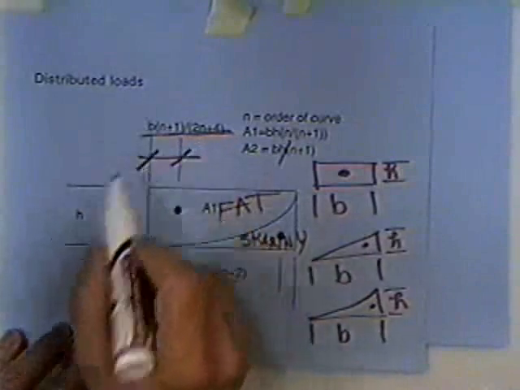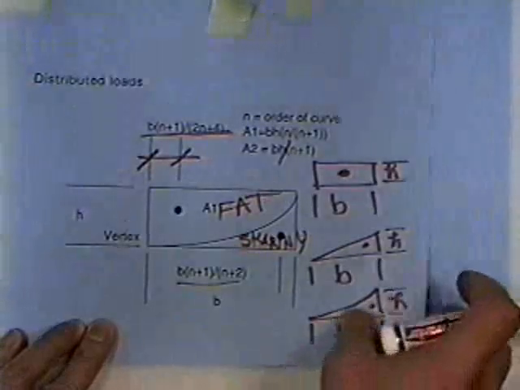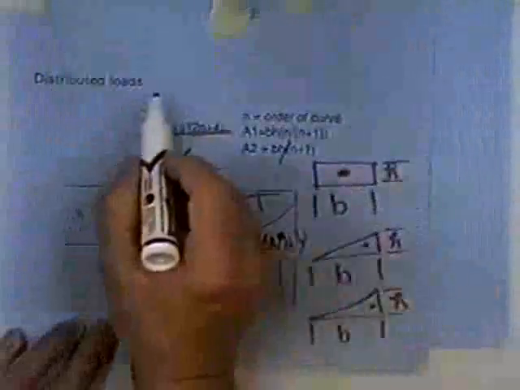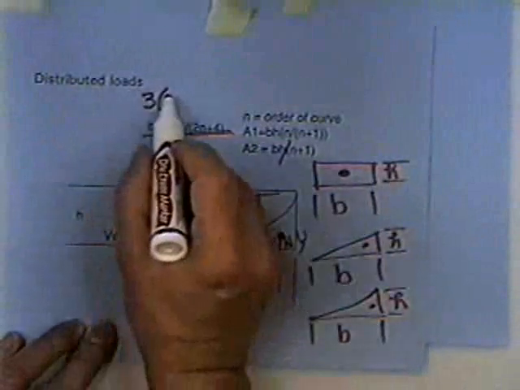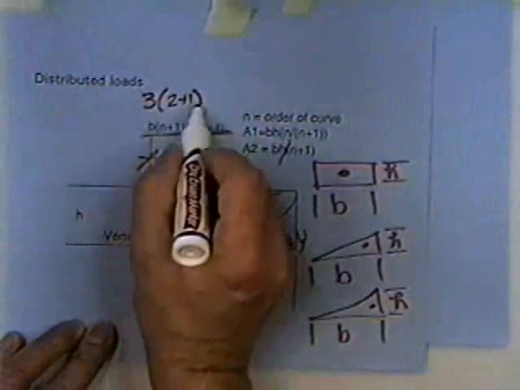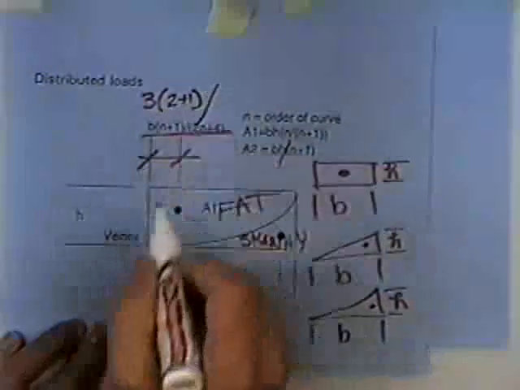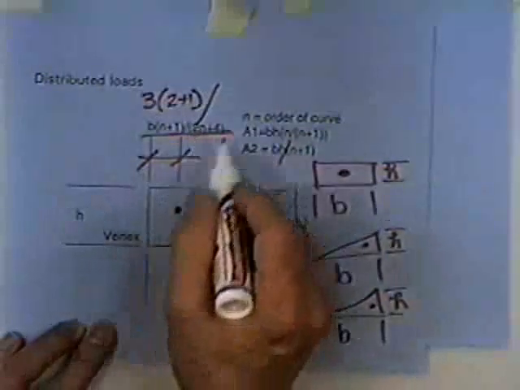So the distance from the fat end of the parabola will be its base, 3 feet, which we'll multiply times, it's an x squared curve, that's 2 plus 1,